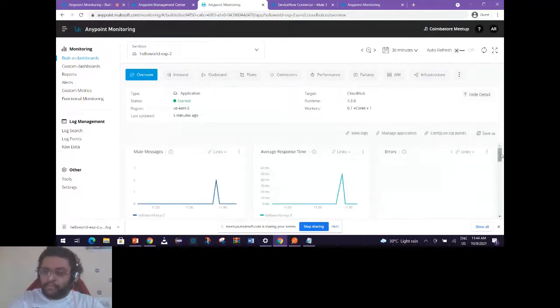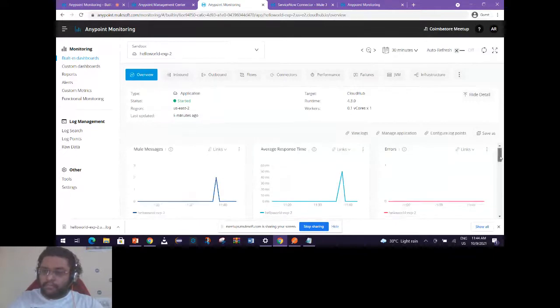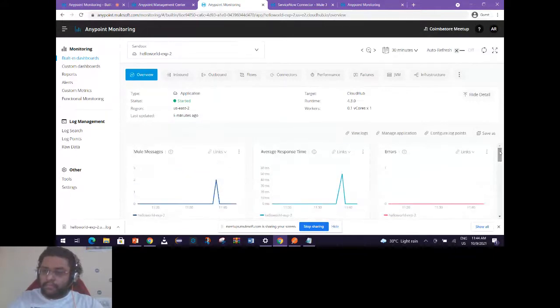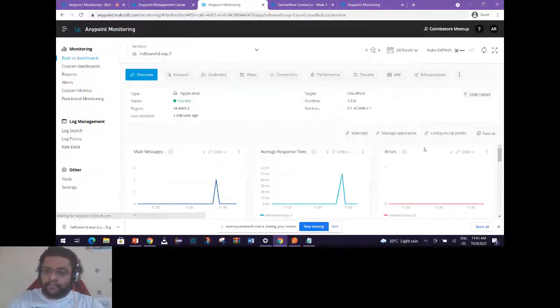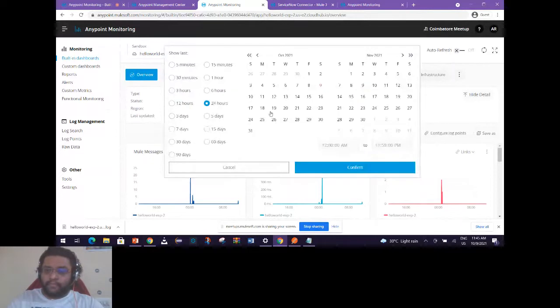So coming to the overview tab, you can see there are a lot of graphical representation metrics that have been provided to you built in, like Mule messages, which is the number of messages triggered to your applications from flow invocations, the average response time of your API or your application, and the errors that have happened in your application. You can always refine it to search for much broader data, like I have selected over here for 24 hours, and also I can select a particular date or time depending upon my retention policy.